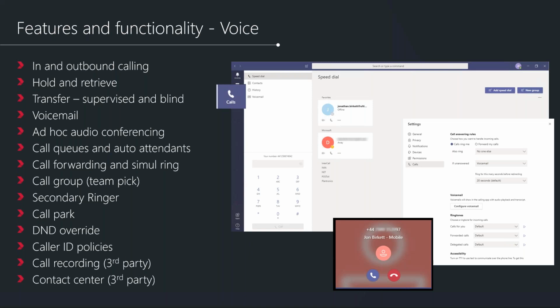For the majority of people, that's absolutely fine. However, there are scenarios where either you don't want to be broadcasting a number at all, so it shows as an anonymous call, or you want to be sending a service desk number or a main reception number. So a lot of C-level individuals don't want their DDI numbers being broadcast. They would rather send the main reception number. So you can use caller ID policies to address those kind of scenarios. And again, as with the majority of Teams features and functionality, you can either target that at a global level or target that as a per user